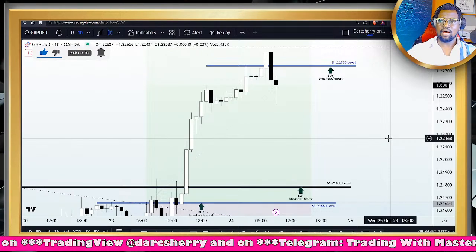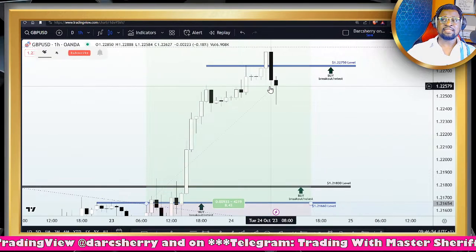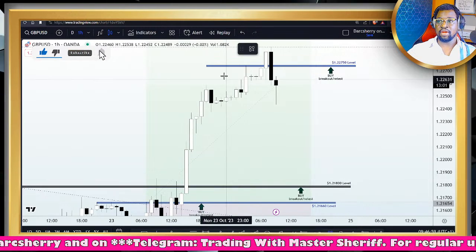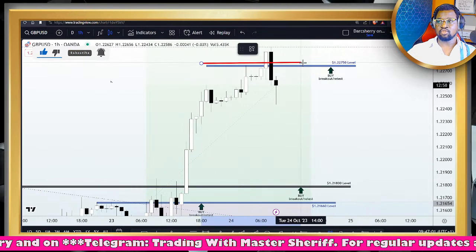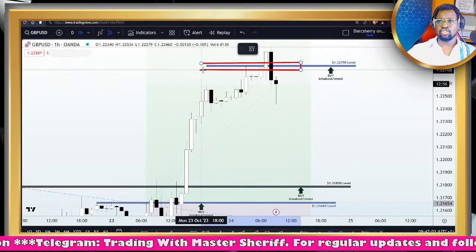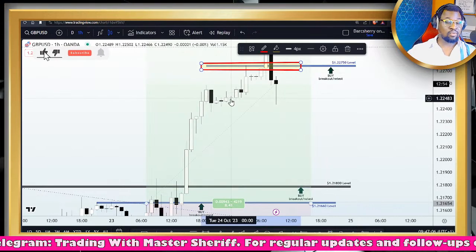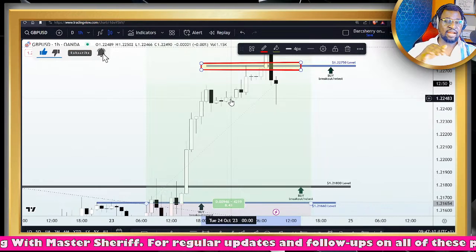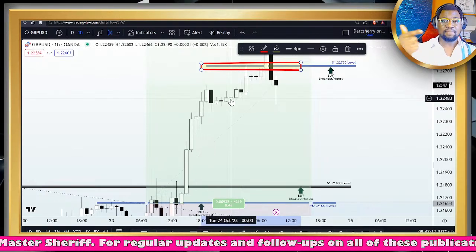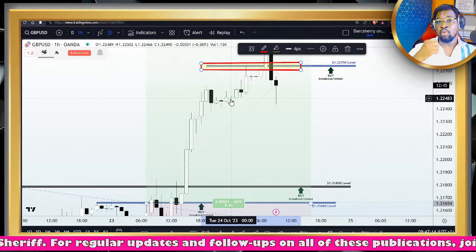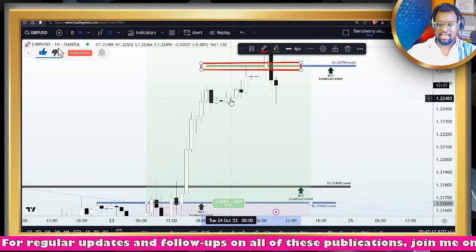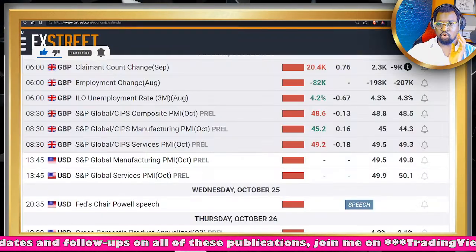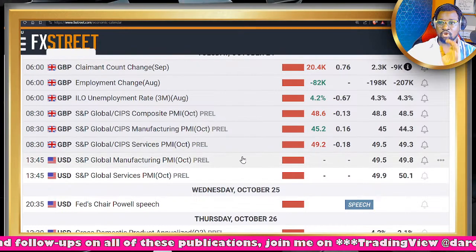And right now, we saw price did a couple of rejections of that 1.22750 area, though we had a little breakout of the structure this morning. But we saw this bearish move to the downside, a sign that there could be some profit-taking going on around that area in anticipation of the S&P publication that we were looking forward to in the United Kingdom. Now, the S&P has finally been published. Let's run through what has gone on here.